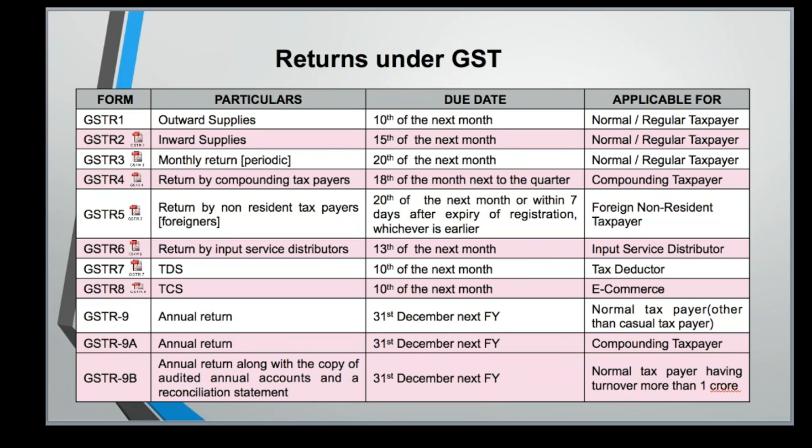So when you read section 31, it says a registered person supplying taxable goods shall, before or at the time of removal of goods for supply, where the supply involves movement of the goods, issue a tax invoice showing the description, quantity and value of goods, the tax charged thereon and such other particulars as may be prescribed. So these particulars have been prescribed under the CGST rules for various types of invoices.